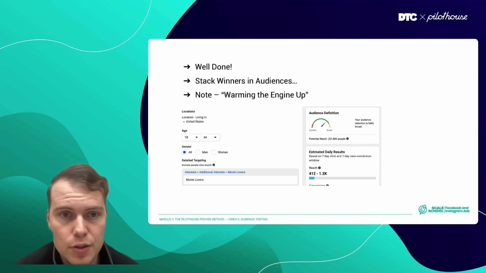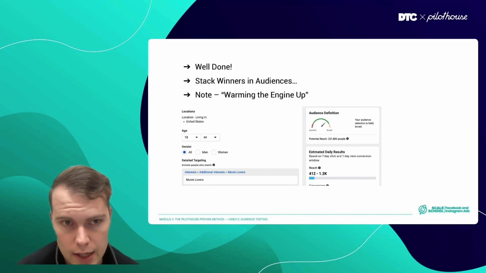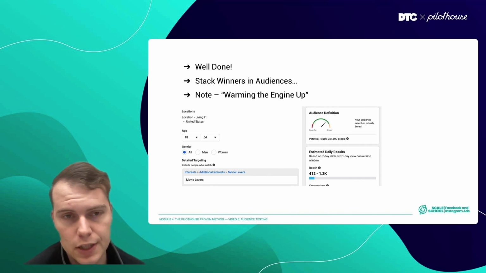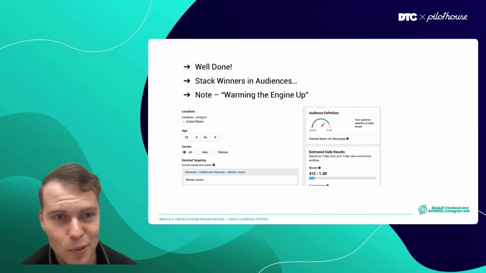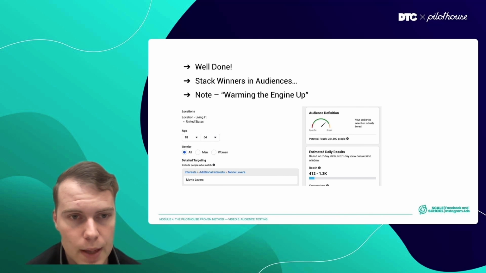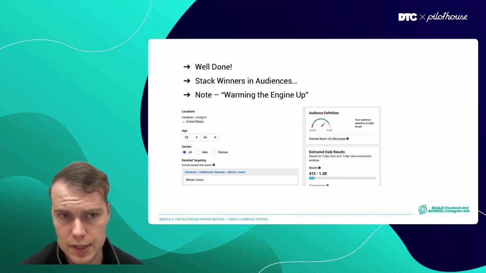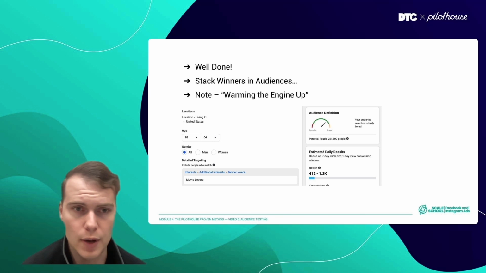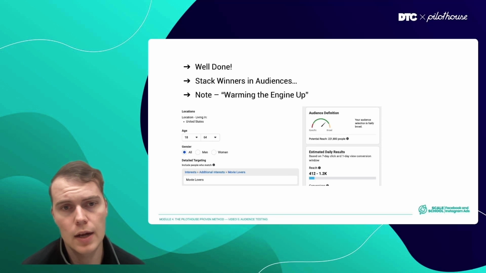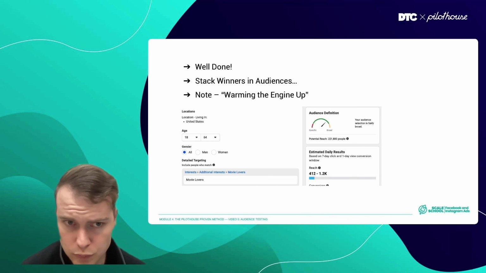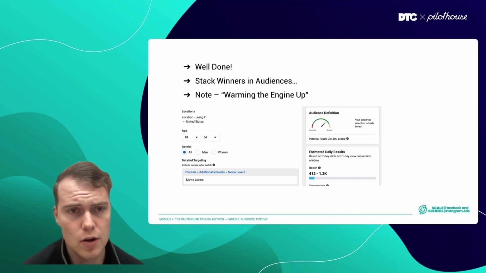audiences. The reason being here is that it's important to note you're not looking for conversion specifically unless you've already gone down this path and you're getting to an endpoint in your data. At this stage of the game, we're going pretty broad on audiences so that you can get pretty quick data back in terms of how all of that compares, and ultimately look at which audiences, which ad sets are performing